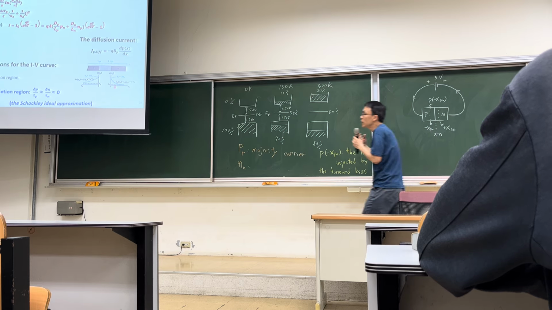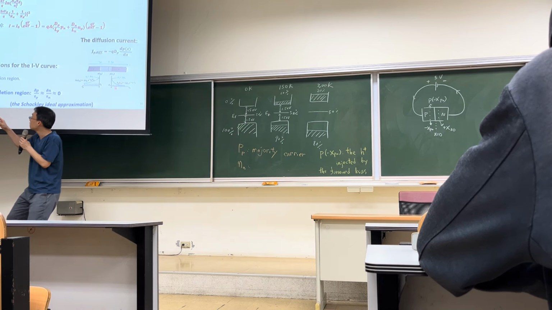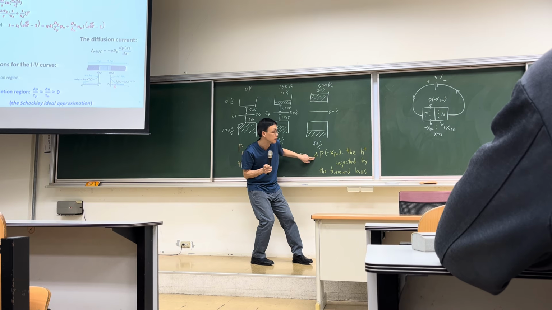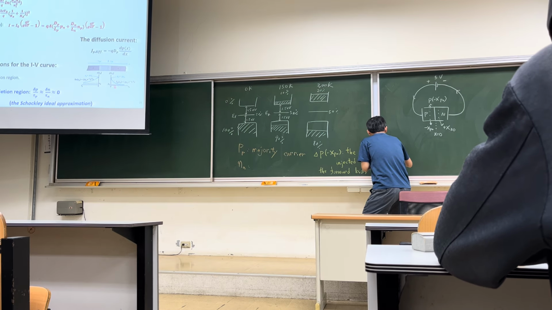Moderate is telling you all of the injected, sorry, I said something wrong. Please make a change. This is delta. Okay? So the hole injected by the forward bias is the difference we make. Okay? So the third assumption is that